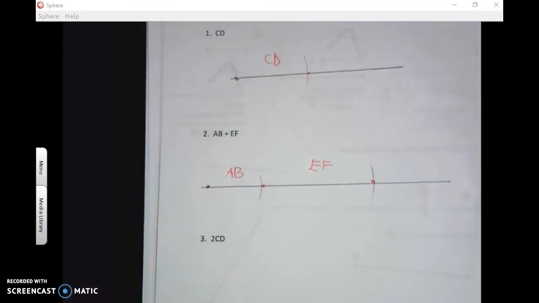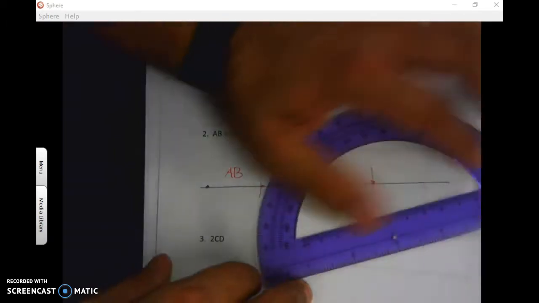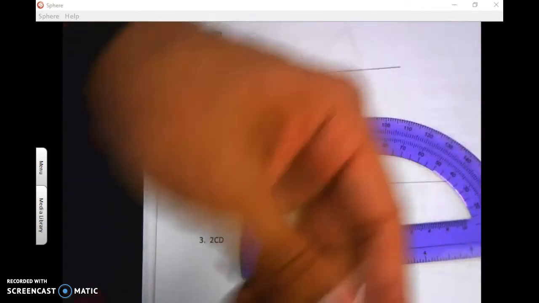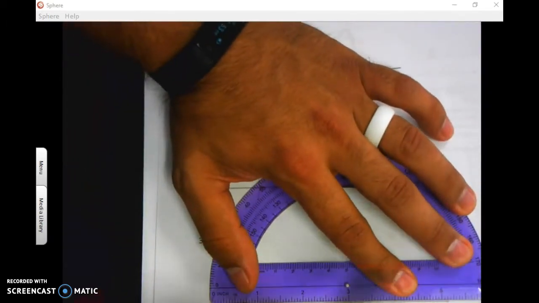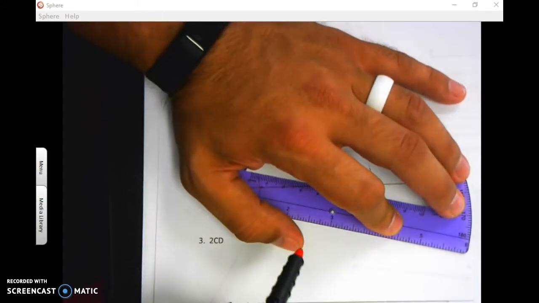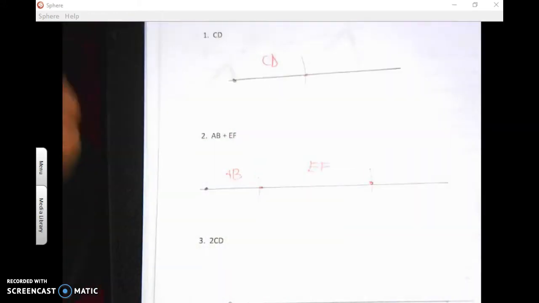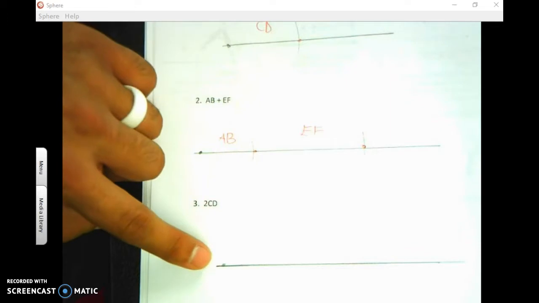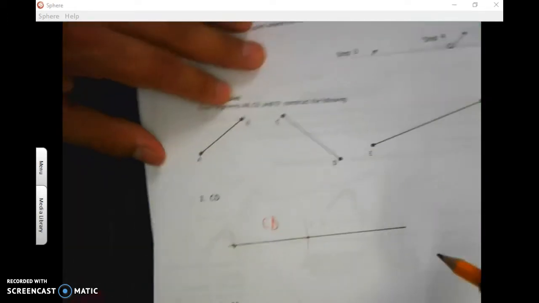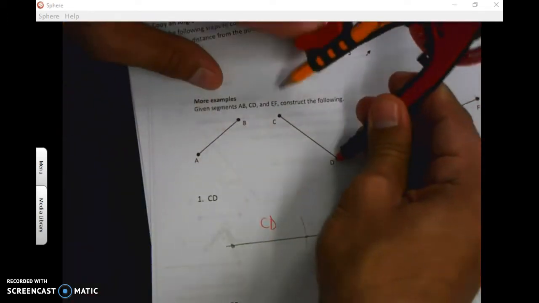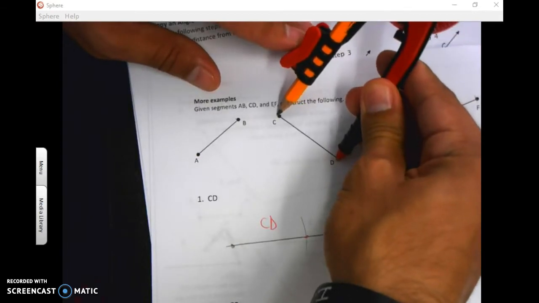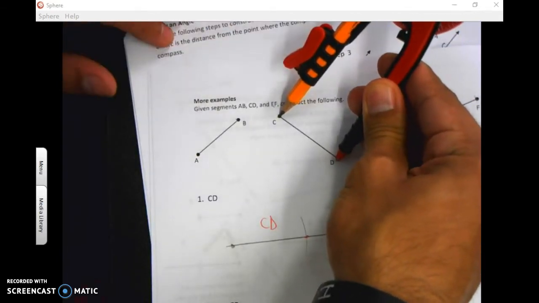Now, any crazy ideas? What do you think 2CD means? Just put CD 2 times, yeah. You don't have to multiply any numbers or anything, you're just doing it twice. So, once again, put a long segment with a point. Okay, so I put it down here. I'm going to go up and measure CD. Once I have CD measured,